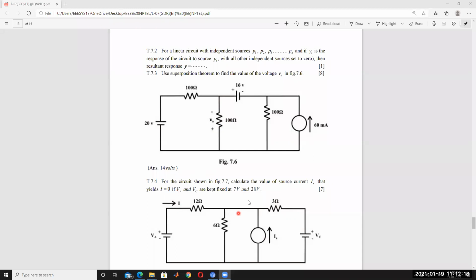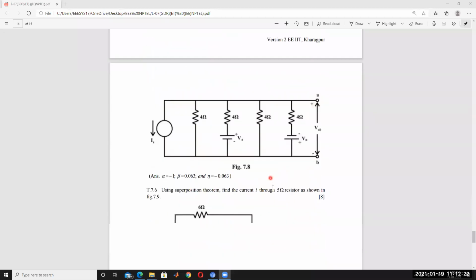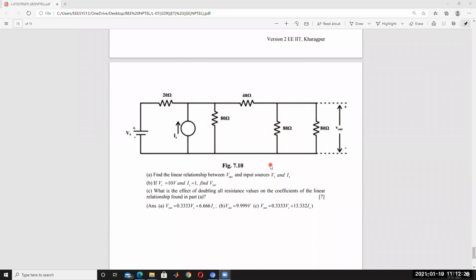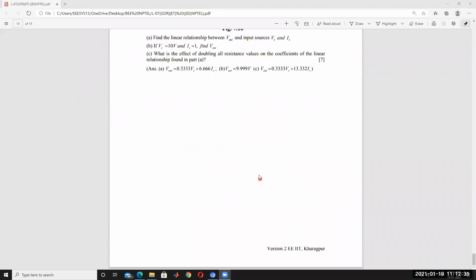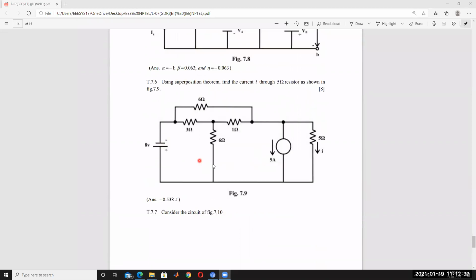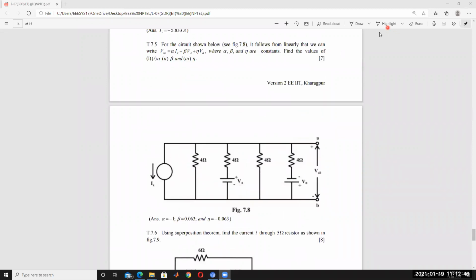Similarly, this problem also, I will provide this PDF file to you. Find the problems. This type of questions you will get in an exam. You'll never get simple problems. In the external exam, this type of big questions will come. So next class we will discuss the remaining Thevenin's theorem and Norton's theorem. Okay, this is enough for today.